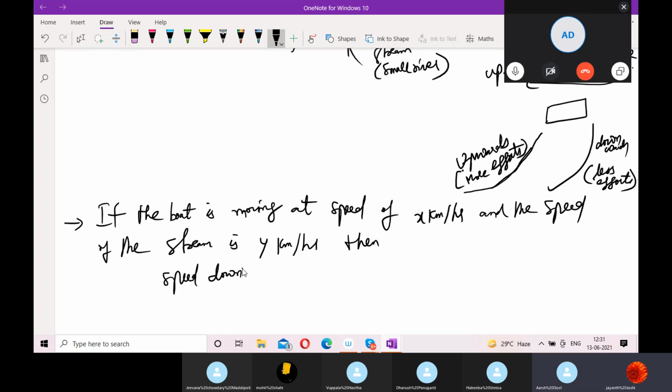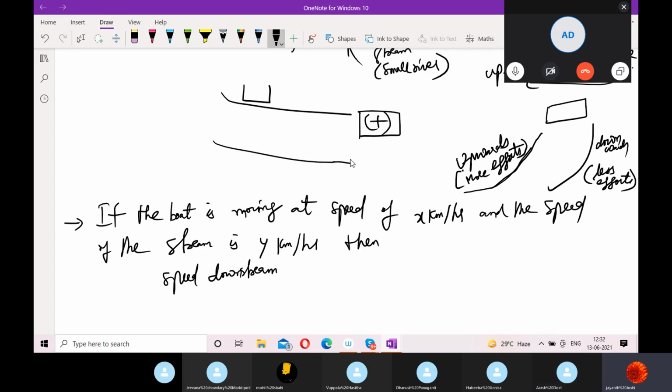speed downstream, that means the boat is moving downstream and it is going along with the speed of the stream. So I said when they are moving in the same direction, add. If the stream is going downwards and the boat is rowing downwards, they are going in the same direction, add. But the stream will definitely flow downwards, it won't go upwards, that never happens. And if you are rowing in the opposite direction, negative sign. These two logics you need to understand, and things become very easy for you.